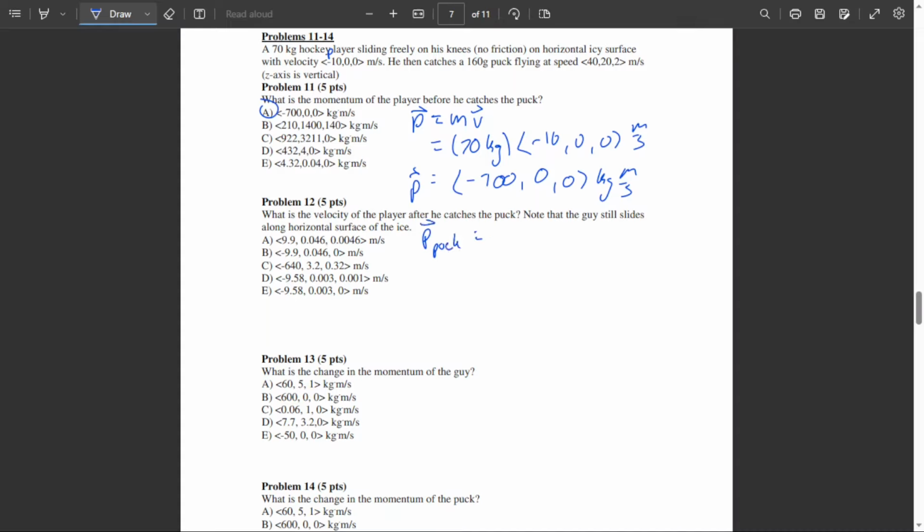So it's going to equal its mass times its velocity. Its mass is 160 grams, or 0.16 kilograms, and its velocity is 40.22. Or its momentum is equal to, let's see,